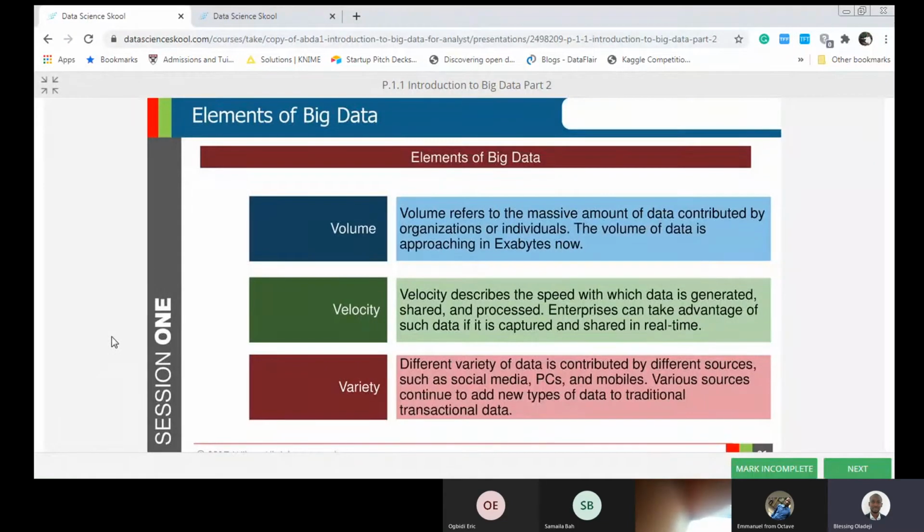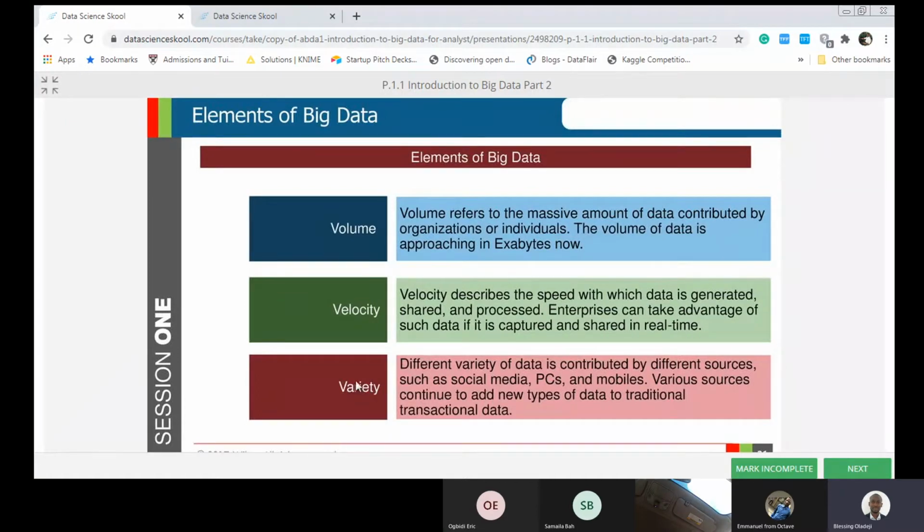People go there and post, people even go there to find their lovers. So it's like a community for some people. There are people that do their marketing on Facebook. They sell things on Facebook, they buy things on Facebook, they meet friends on Facebook, people that they've never met before. All of that happens on Facebook. So Facebook is now a community on its own. So how do you manage the data in that platform? And how do you manage the rate at which data is changing on such a platform? So velocity is one of the characteristics of big data.